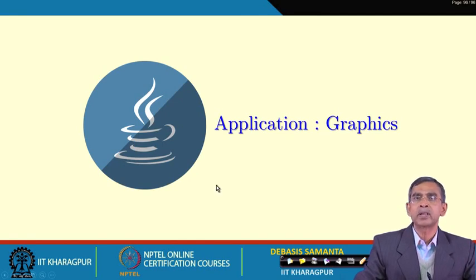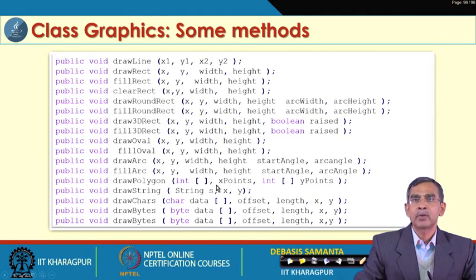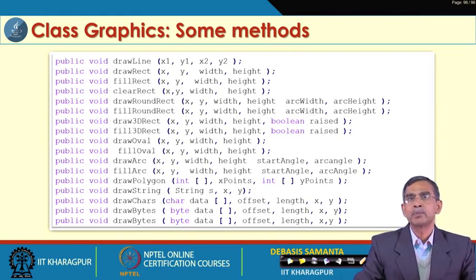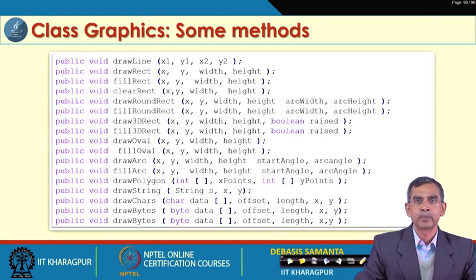And many methods are declared in graphics. Graphics is a very important class there, and it has many methods. All these methods are basically about how to draw different graphics objects. For example, how you can draw a rectangle, how you can draw an ellipse, how you can draw a polygon, and how we can set the background, how different styles can be fixed, whether dotted or otherwise, and there are many other things. Also there are many other methods to position, zoom, so many things are there. I have listed a few methods that are declared in the Graphics class. It is basically a huge number of methods, all to handle graphics related issues.